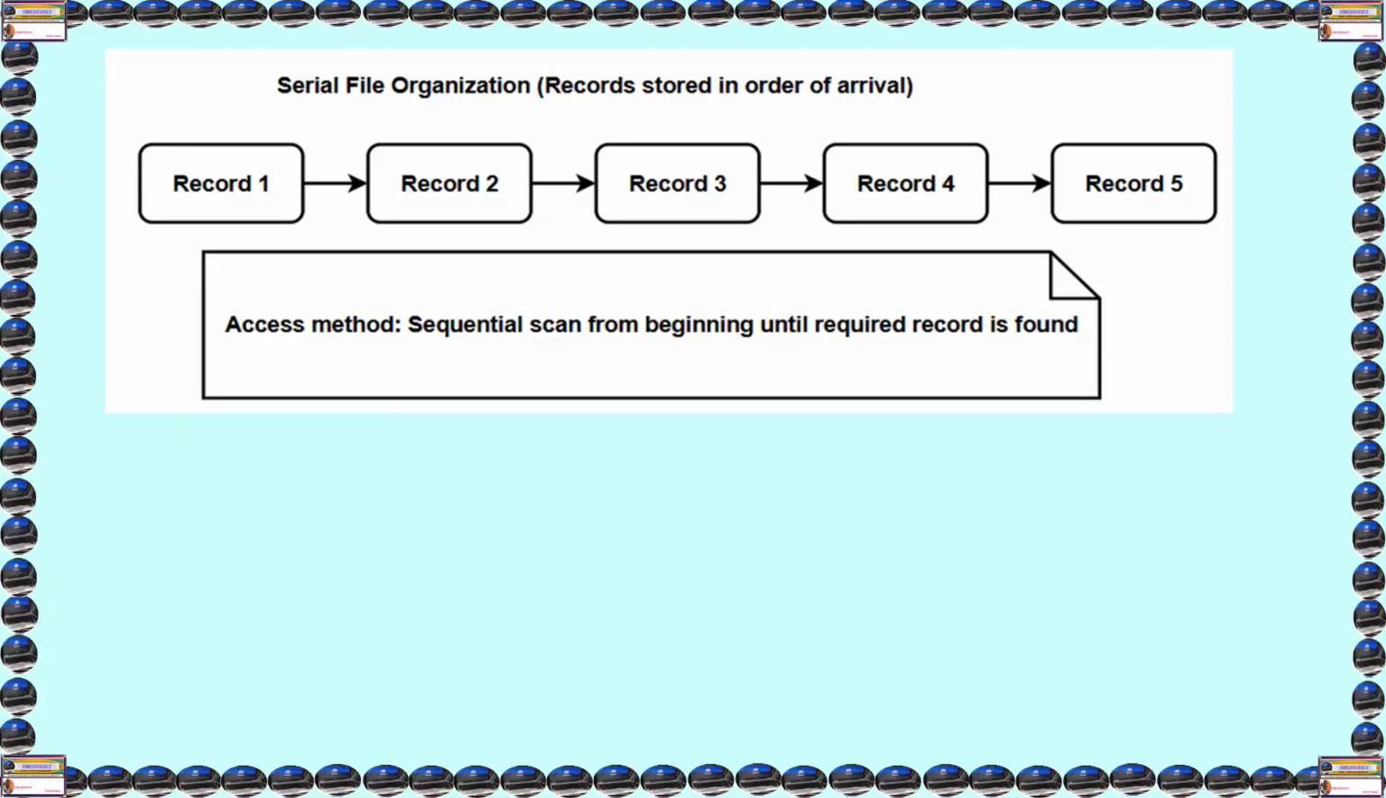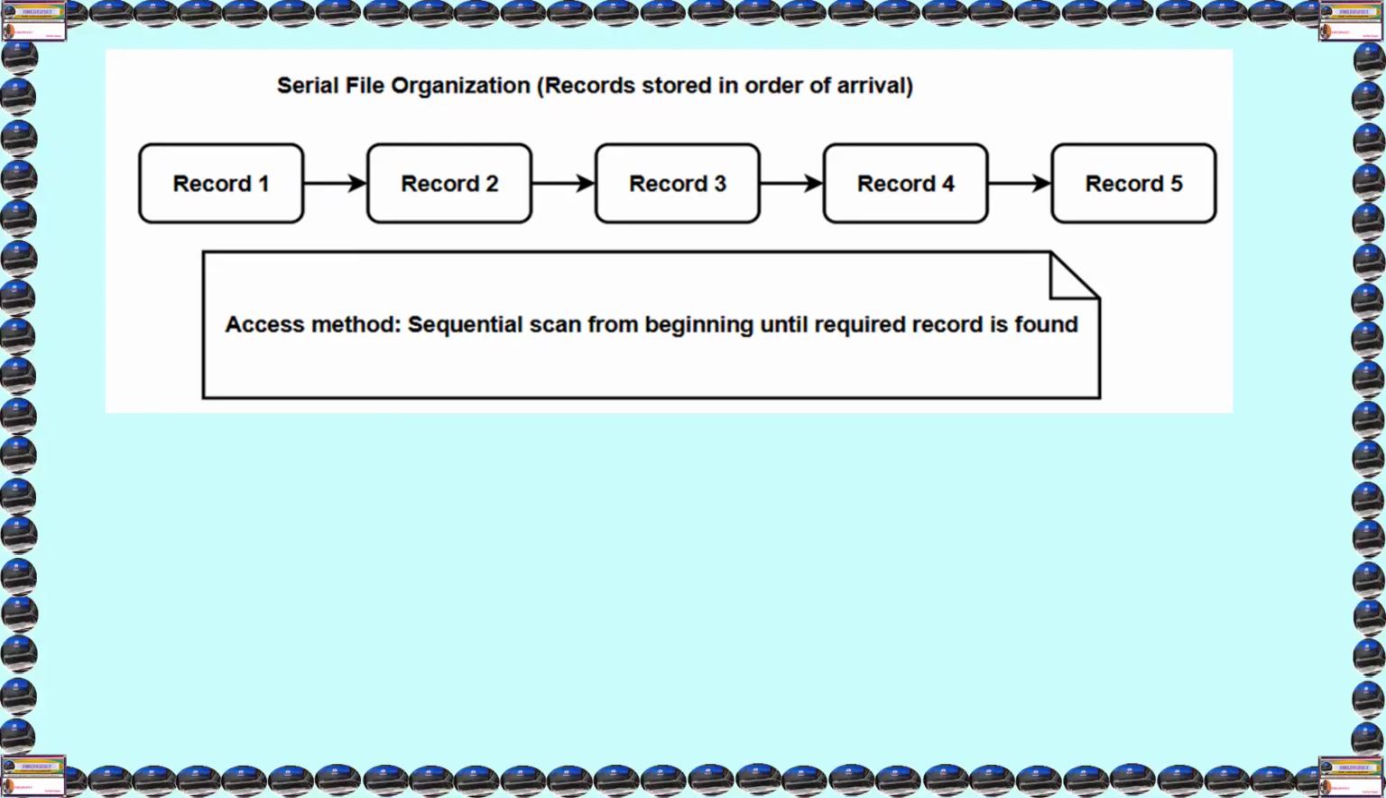So as you can see, my dear students and the rest of the learners, in this file organization method, records are arranged in a sequential order. The records are stored in the order of arrival. We have the first record, followed by the second record, then the third record, fourth record, and fifth record. And therefore, this arrangement